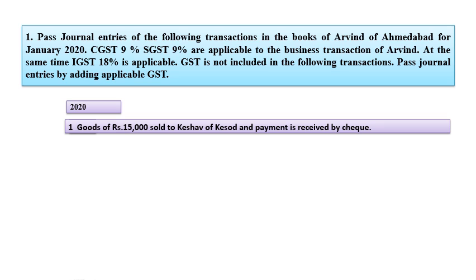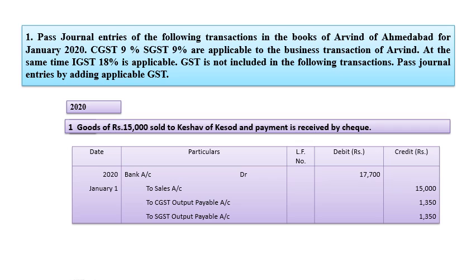The second important thing that you have to decide from the transaction is whether it is a cash transaction or credit transaction. From the transaction we can make out payment is already made by cheque, so it is a cash transaction and not a credit transaction. On the basis of this information, you have to think of your entry in your mind. I will provide the entry, but before I provide it, you should be ready with your answer. So the answer is: